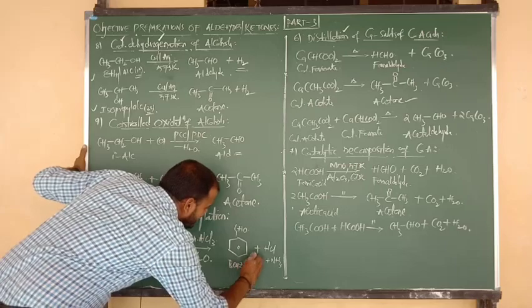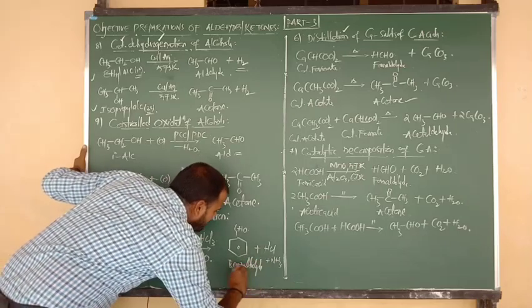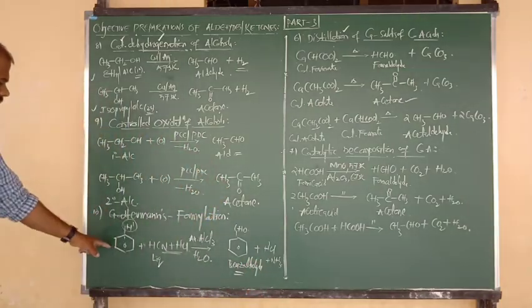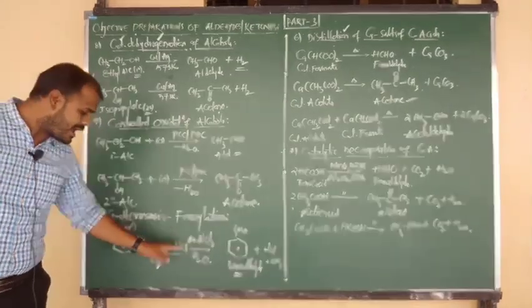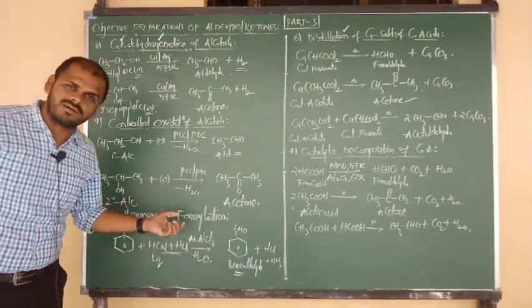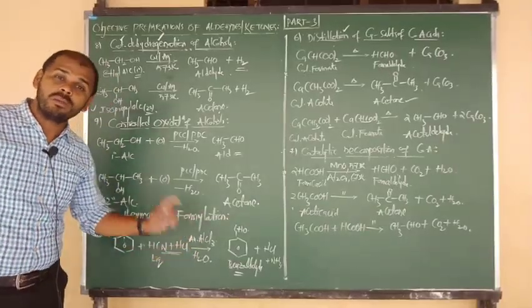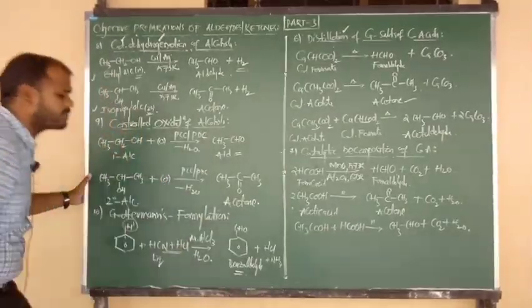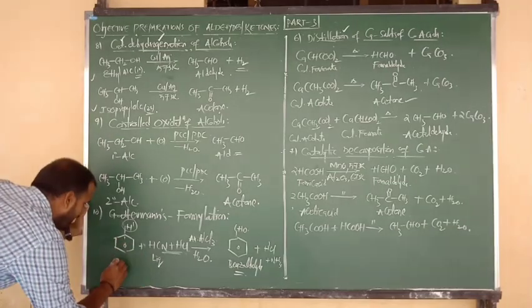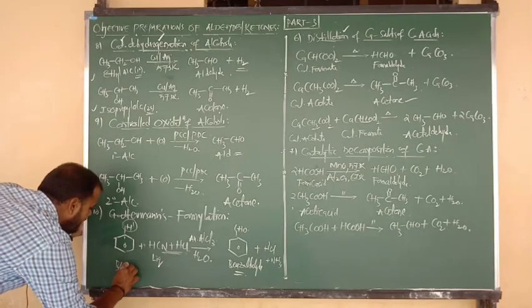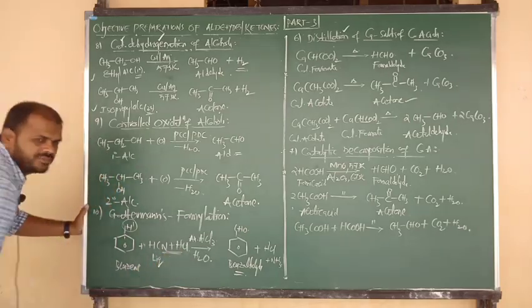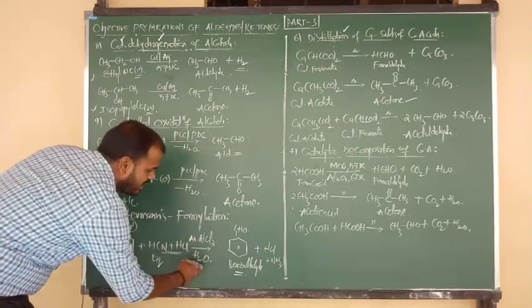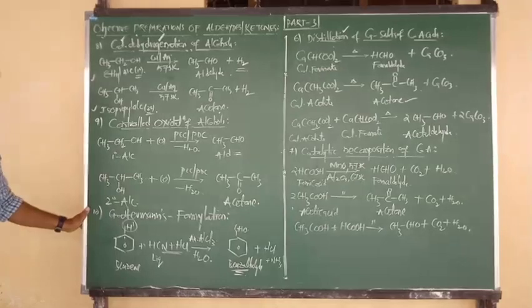Benzaldehyde. What is the product you are getting, beta? Benzaldehyde is the product. Benzene on reaction with a mixture of liquid hydrogen cyanide and hydrochloric acid in presence of anhydrous AlCl3, followed by hydrolysis, gives benzaldehyde. The starting reactant is benzene. So benzene on reaction with the respective reaction mixture in presence of AlCl3, followed by hydrolysis, gives benzaldehyde.